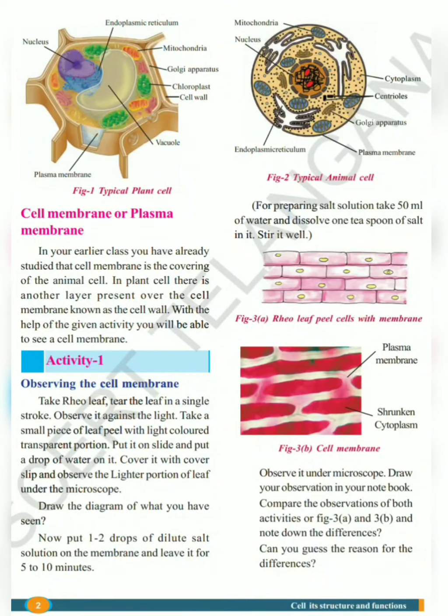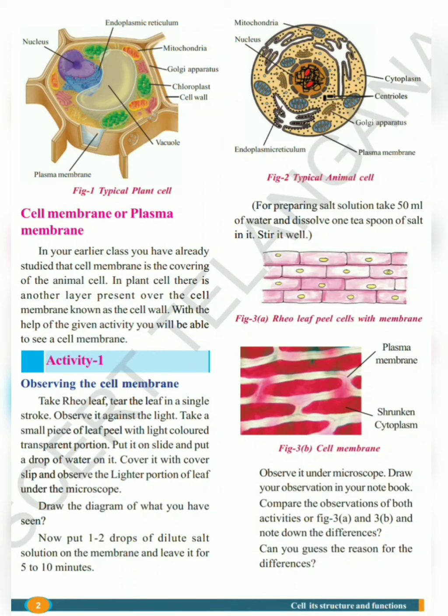So guys, here you can see the structure of a plant cell as well as an animal cell. See, in your earlier classes, you might have studied about cell membrane, which is the outer covering of both plants as well as animals. But you might have also studied that plant is covered by another layer which is present over the cell membrane, and this layer is called as cell wall. So that means plant has an extra covering when compared to animal cells. So this cell wall is absent in animal cells.